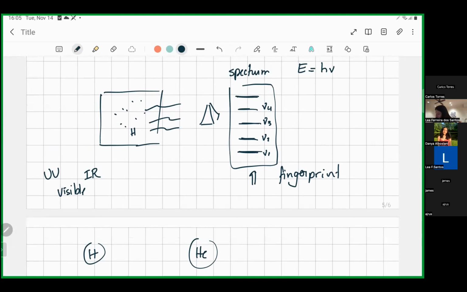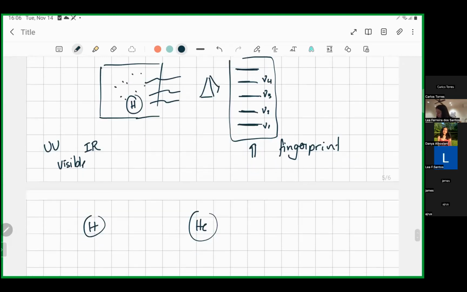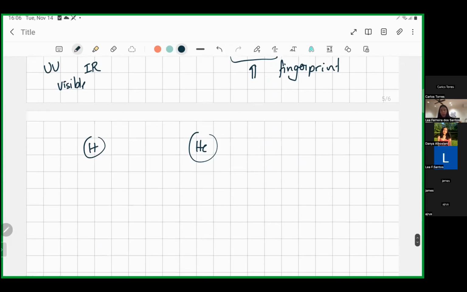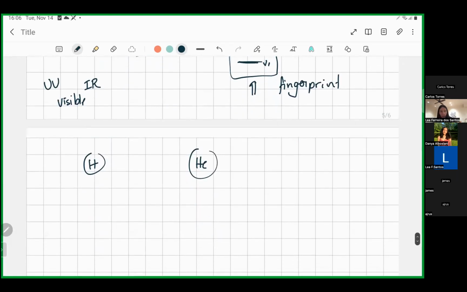Anyway, so this spectrum. People were seeing that and they were playing with different kinds of atoms, different kinds of gases, and they had no idea of where it came from. They had no idea about the structure of the atom yet. And they started coming up with some equations for these lines. One of the equations for the hydrogen, I'm going to write the equation, is something for the wavelength